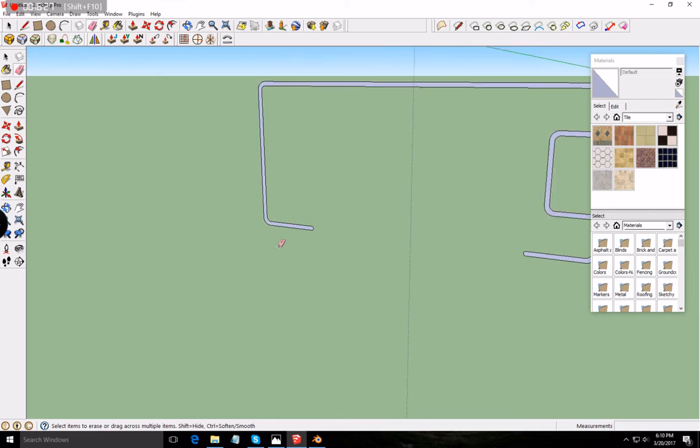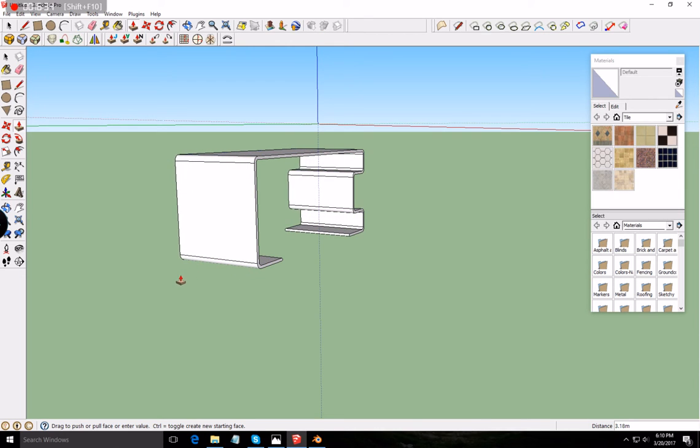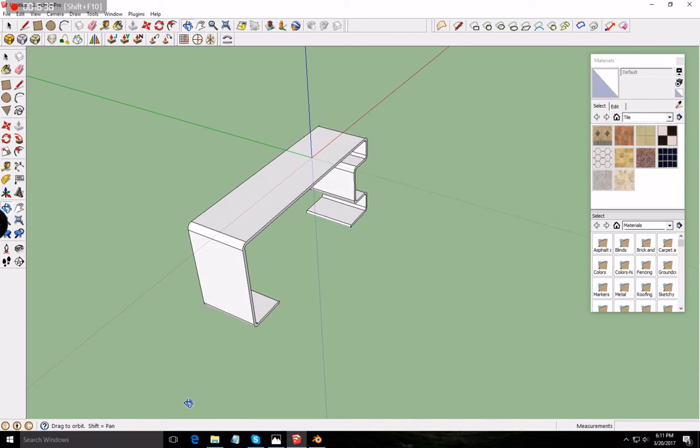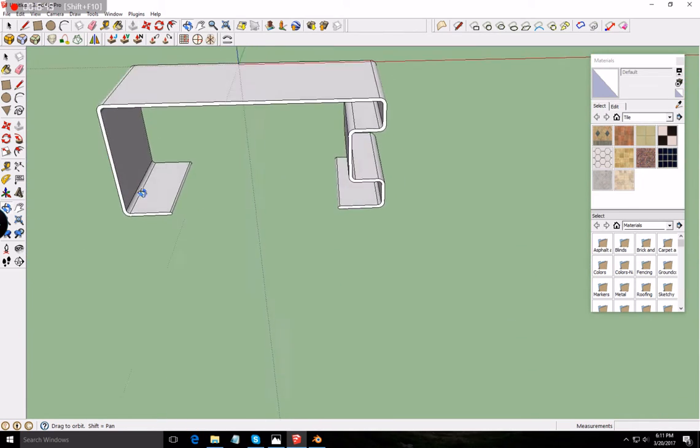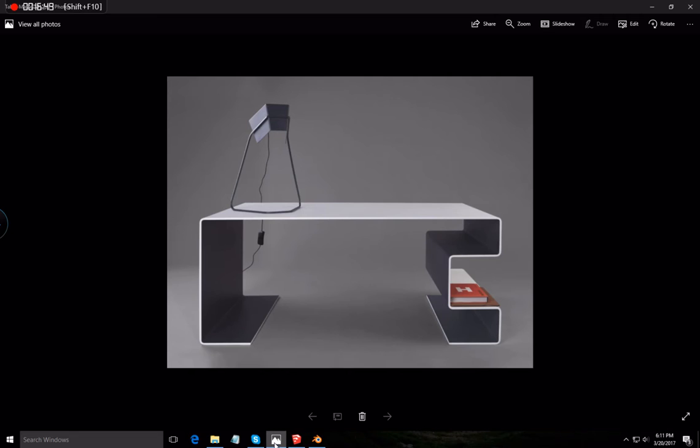So now what you want to do is get this push-pull tool here, and we're just going to click and drag until you like the width of the table. I think that I like it right about there. So now you can see that here's the table. Let's look at the image again and see the color scheme so we can do some color. If you notice, this is kind of like a white and black or gray table,